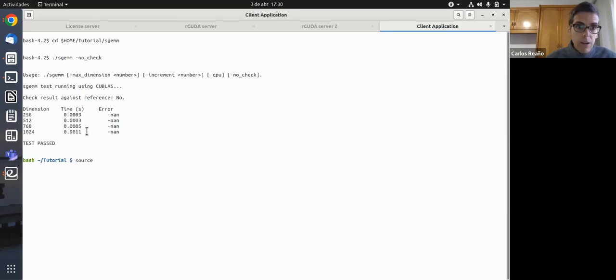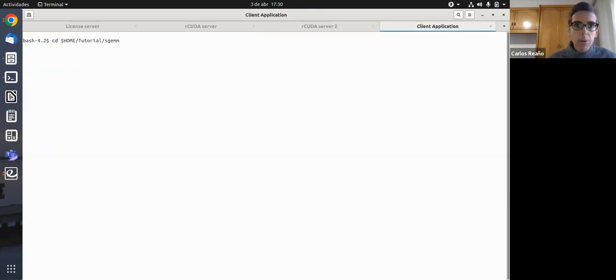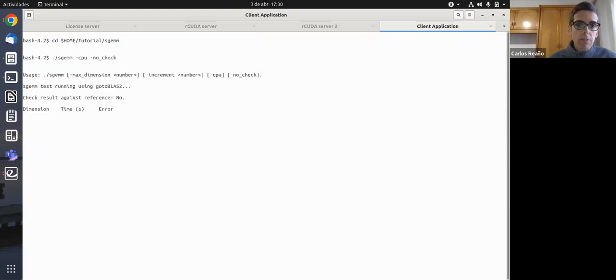Okay, let's just focus on the last one, perhaps, which was 11, for the higher matrix dimension. Let me keep alive this terminal. Okay, so what we are going to do here is actually running the same test, but only using CPU. So we run the same test. And you see, before here we have only 11, and now we have 131. Well, we are just using the CPU.